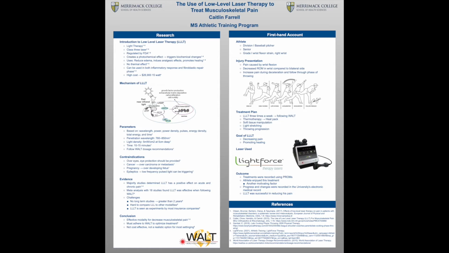within the targeted tissues. But in order to have these desired effects, photons must be absorbed by the photon acceptor or the chromophore. Chromophore is the part of the cell that allows light to be absorbed. So once that chromophore is activated and can absorb the light produced by the laser wavelength, the effects can start